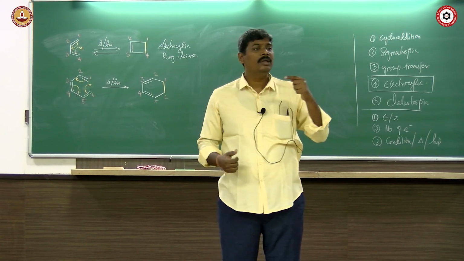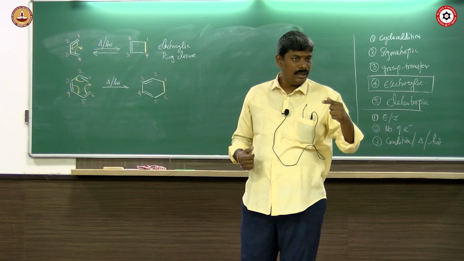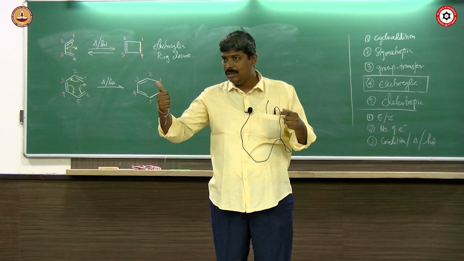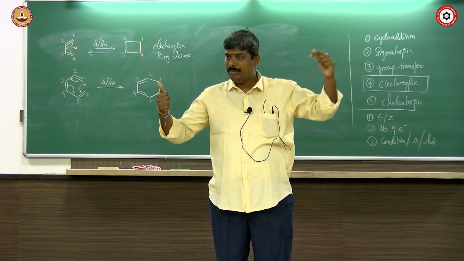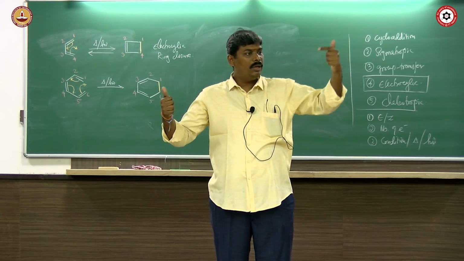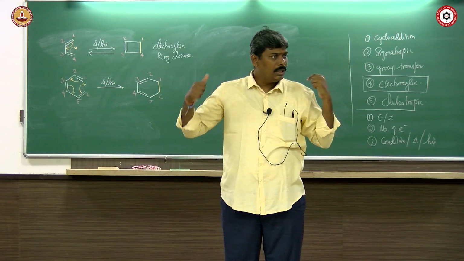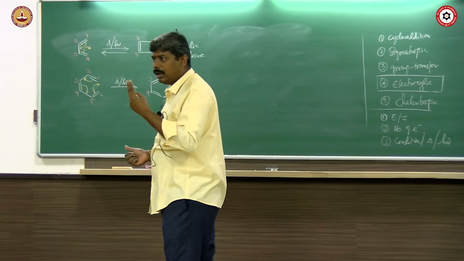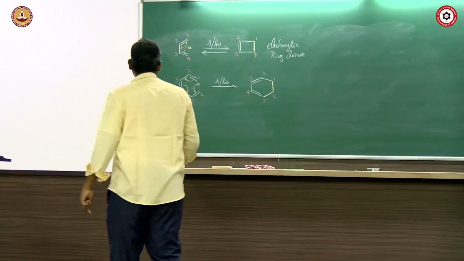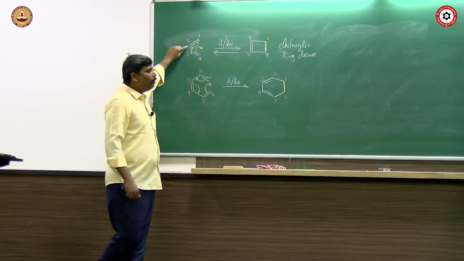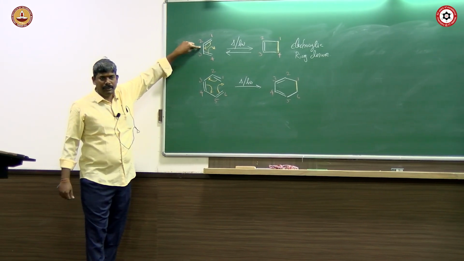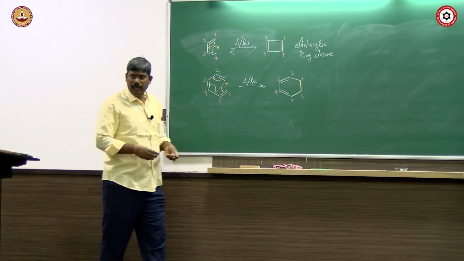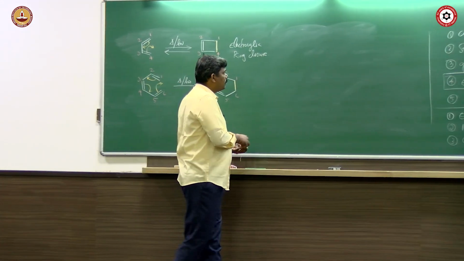If I start from two double bonds like a butadiene, the product will have 1 sigma bond and, with n being 2, 2 minus 1 is 1 double bond that you get. For a hexatriene, it will be 1 sigma bond and there you have 2 double bonds. So here for butadiene we have no problem because this is a sigma bond, right? So I always can have this option.